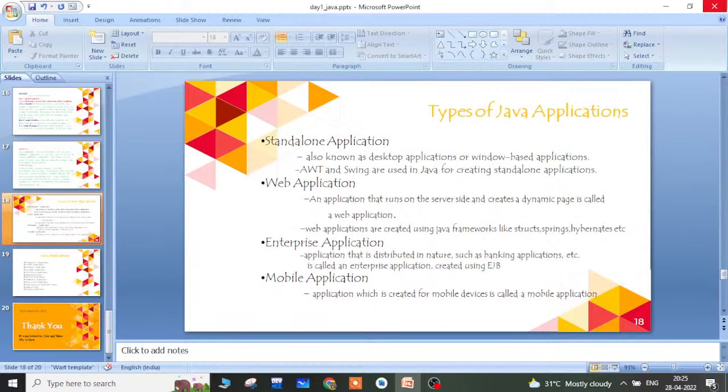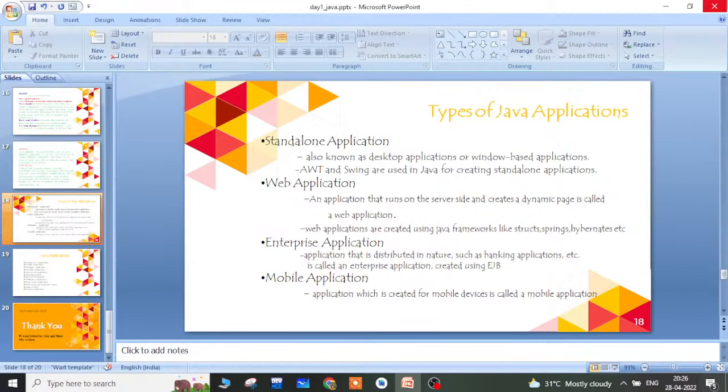I already said a platform is nothing but software or hardware which provides you an environment to run your programs. So there are three types of platforms, and now in the updated version they have another platform, JavaFX, which is used to implement gaming applications and so on.